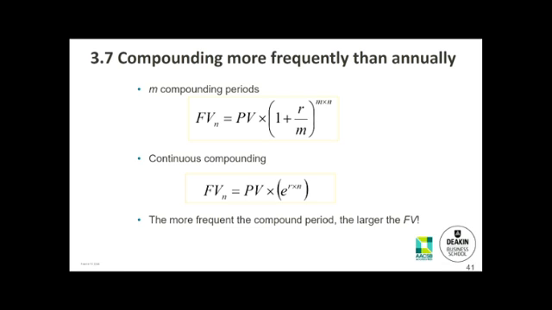When things are compounding more frequently than annually, you just need one more item named M. M means compounding frequency or compound periods. Compounding frequency per year, or for each year, how many times it gets compounded. For example,